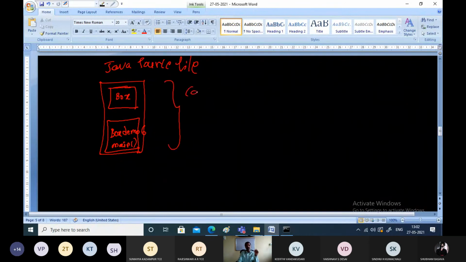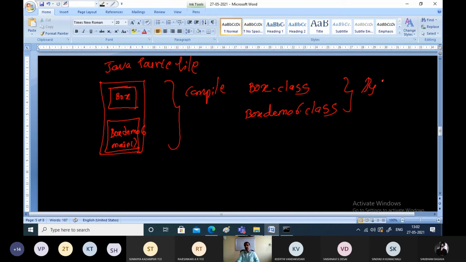Whenever we compile this program, we know that we will get an intermediary notation called bytecode. So whenever you compile this program, we will get two bytecodes. Every bytecode will be related to the name of the class. That means we will get one bytecode called Box.class, another bytecode called BoxDemo6.class.